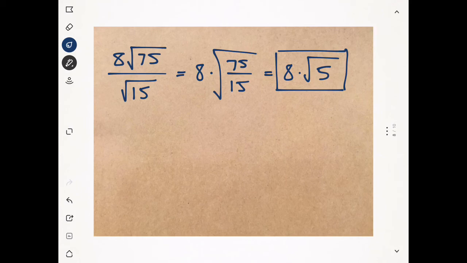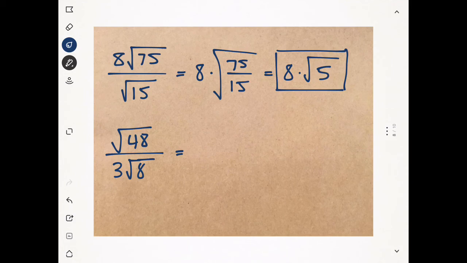Okay, and then the last one that I want to go over that's on the worksheet as well is, what if this is flipped around? What if we have a product in the denominator and a radical in the numerator? So in the case of the example on the worksheet, we have the square root of 48 over 3 times the square root of 8. Okay, so we're going to do the same thing that we just did, where we combine the two radicals into